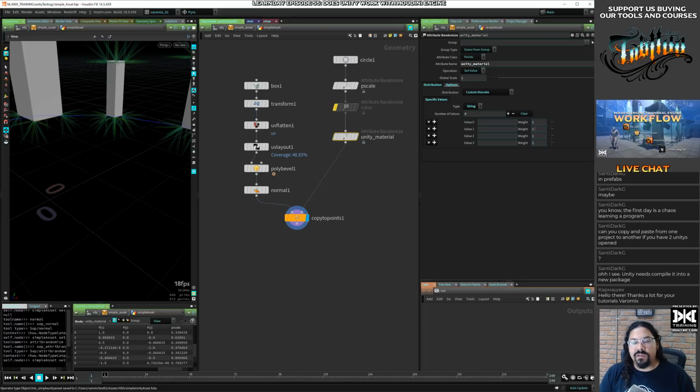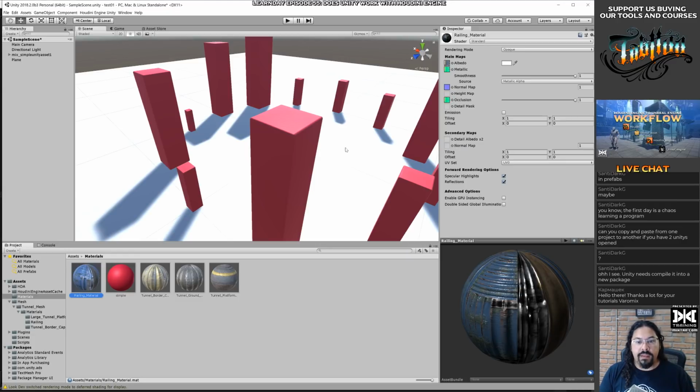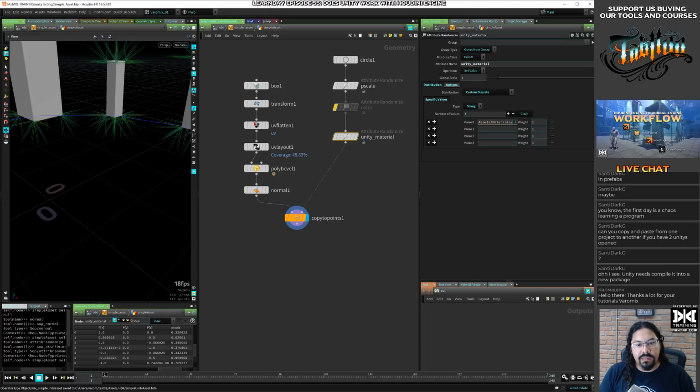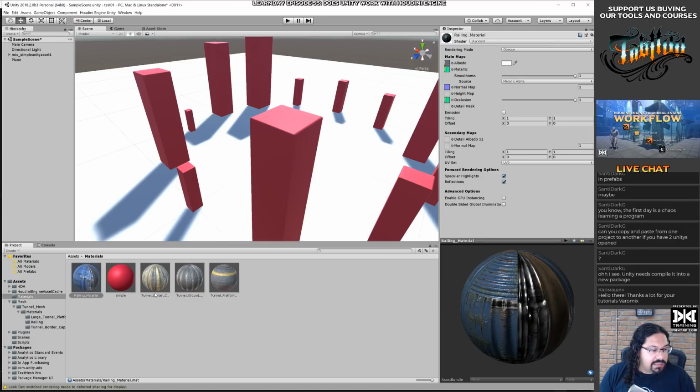Maybe we can try to expose this in Unity. Let's see what happens. So the path is assets, materials, and then let's have, this is called railing material, that mat. Okay, so I think this is going to be an issue because the railing material has a space. Oh no, it doesn't.